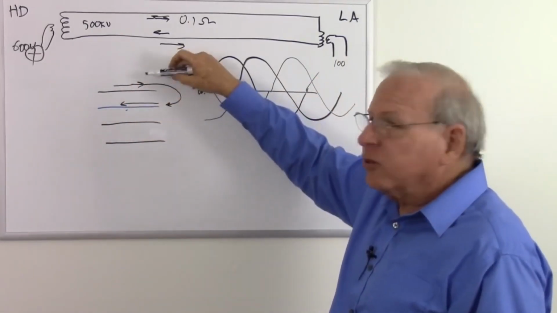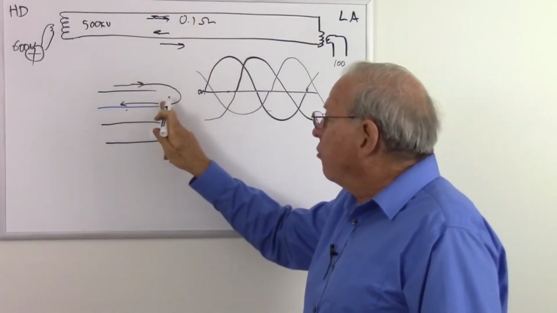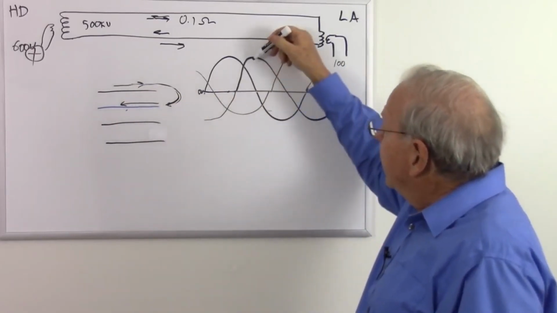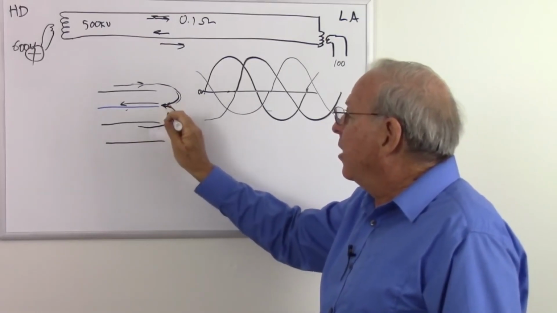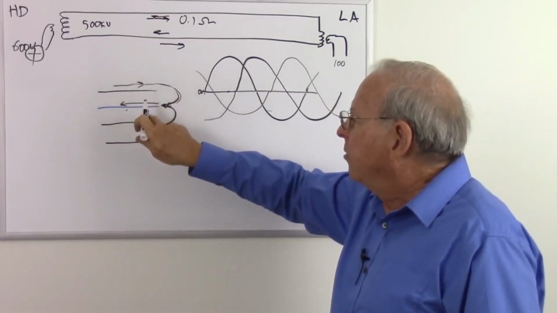But remember, that voltage goes down and the current goes down with it. So after a while, the current has dropped down and not as much current is traveling this way. And at that time, the next phase is coming to its peak. So it's not peaking at the same time. So even though this wire has to carry the return from this wire and the return from that wire,